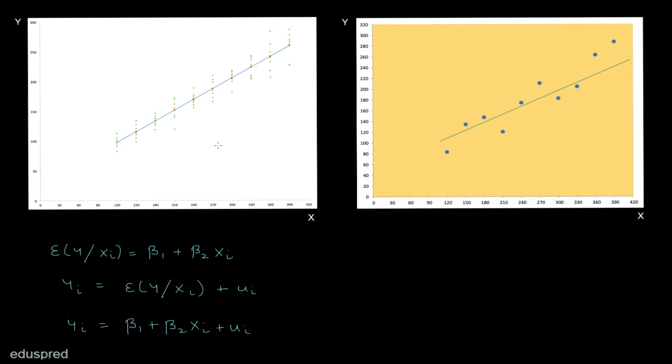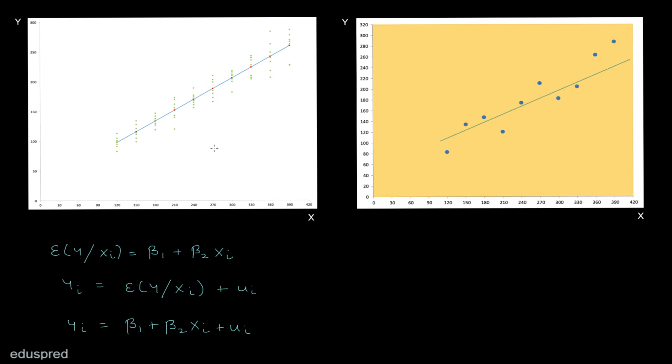In my last video, I showed you how the sample data looks, and we also discussed the sample regression line. I told you that there is a method we have to follow to fit the sample regression line, but we have not discussed the method in detail yet. The method to fit the line is something I'm going to discuss in detail in my upcoming videos. However, I did provide you some intuition regarding how to fit the sample regression line.